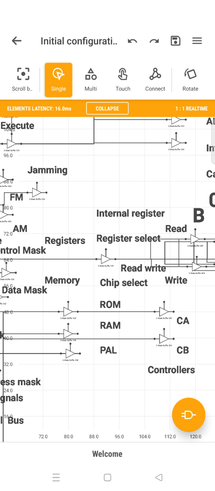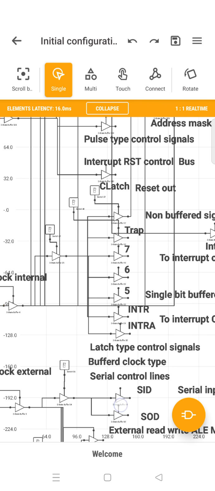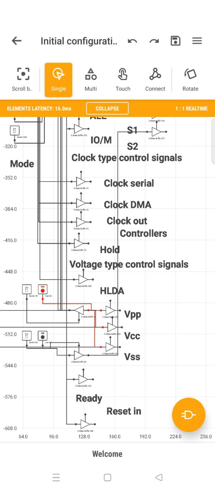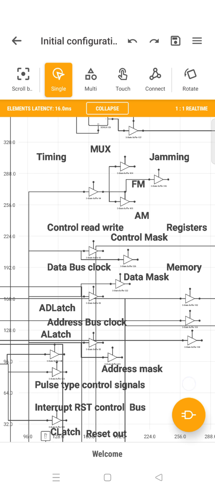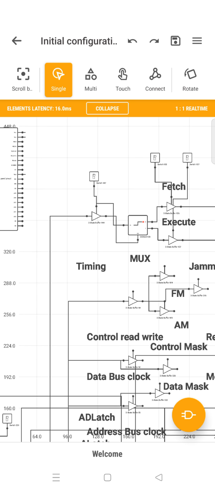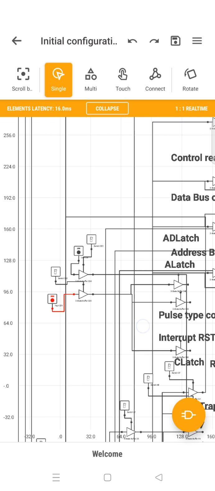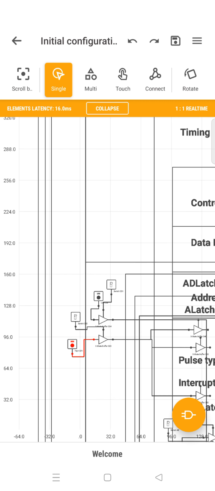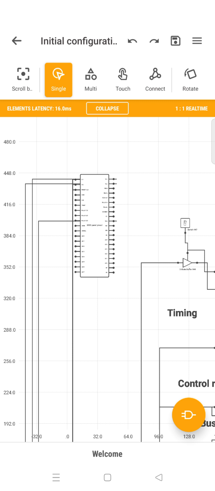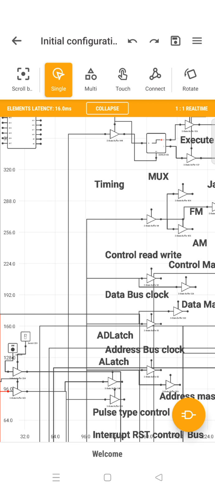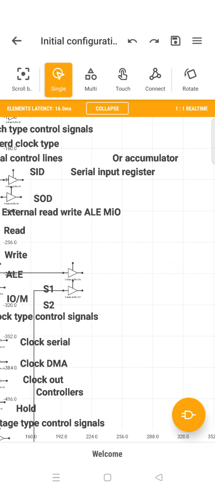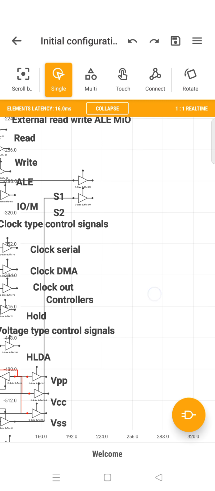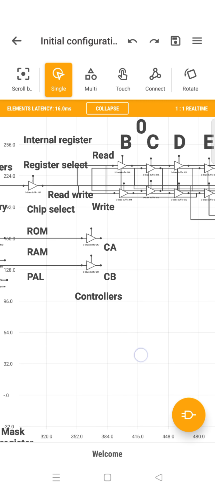Let's see what the things inside are. What are the initial configurations? It has a whole set of things. Write instruction, HLDA, VP. This is how a timer looks inside. Arrow of time. This is timing control, data bus flow mux, there's a fetch and execute cycle and things like that. So it goes on like that, and then finally timing. So you have a timer, and from that you have the patch panel of 8085. From the patch panel it goes to the timing circuitry of each one, control read write and other things, control reset bus and other things, interrupt mask and other things. Then this is the input output links that is given. This is the final configuration.